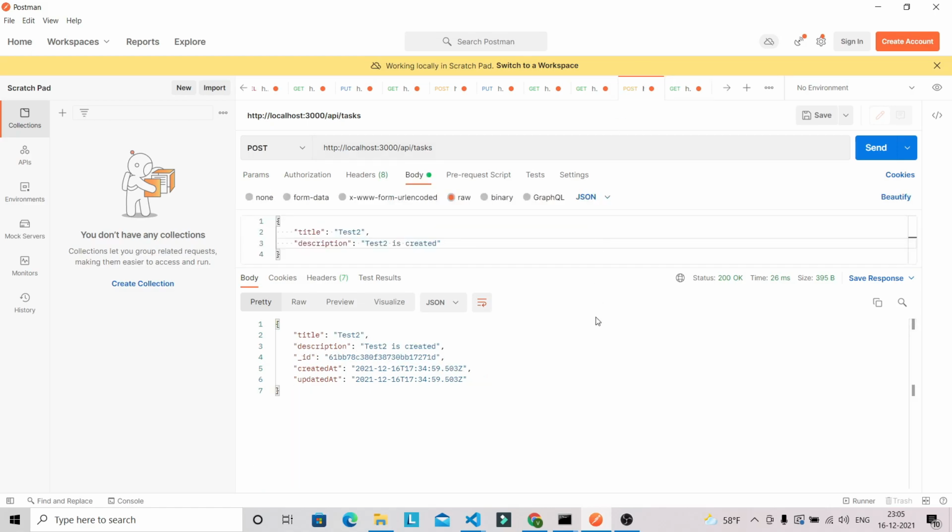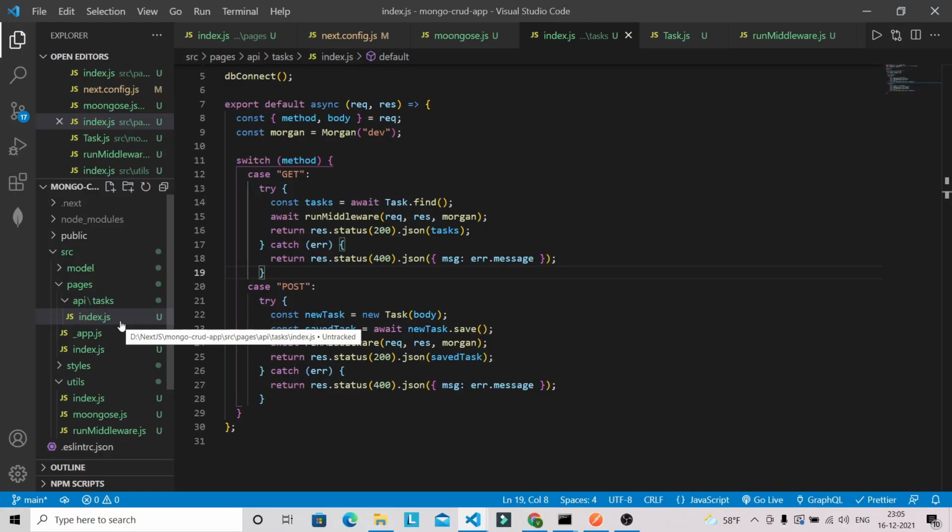Okay, so we have successfully implemented the POST request with the MongoDB in our Next.js. So the next thing we are going to create is the API for delete, update, and getting the single task. So let's do that one as well. So we have to go to the VS Code. Based on the ID, either we will be deleting or updating or getting the single task.